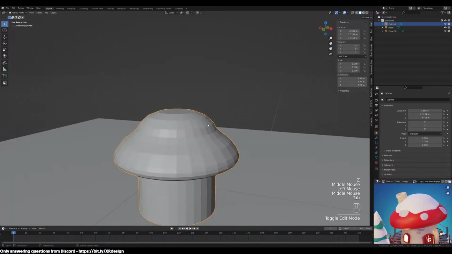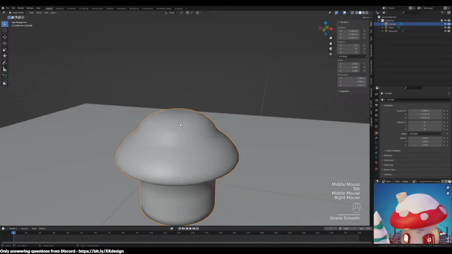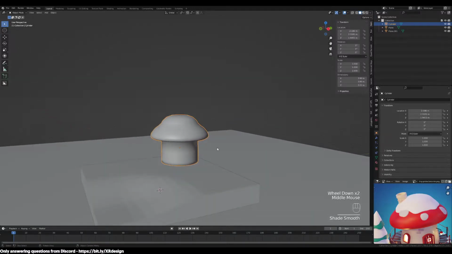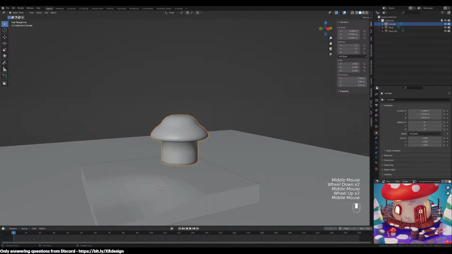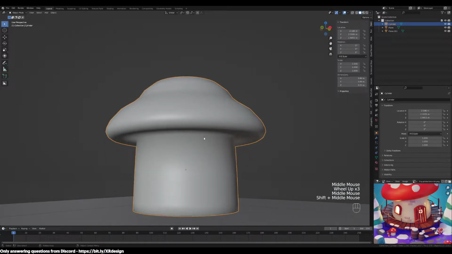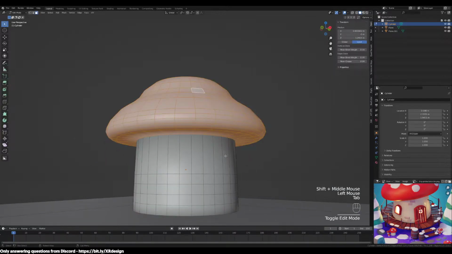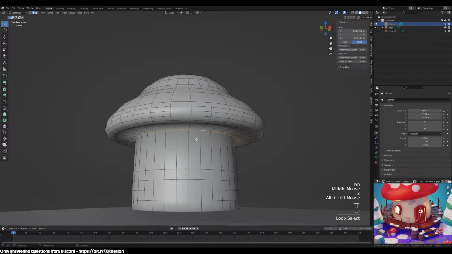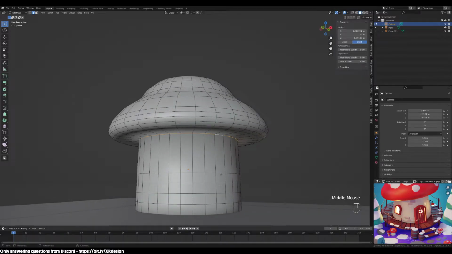Go into solid mode again, and I'm just gonna shade smooth. You'll notice the roof of this house is also a little bit wider than when it goes towards the top, so we're gonna create that as well. Let's select this edge loop here, maybe this one too, so these two. And then proportional editing,